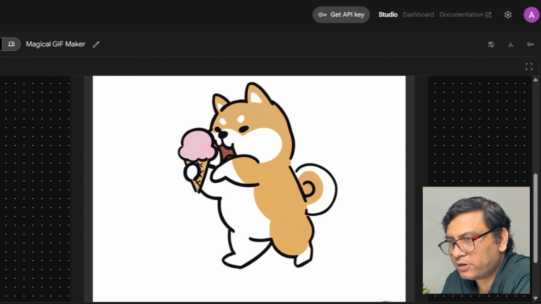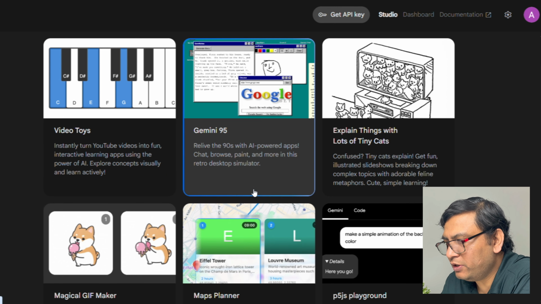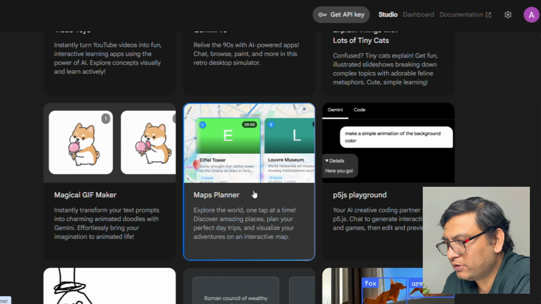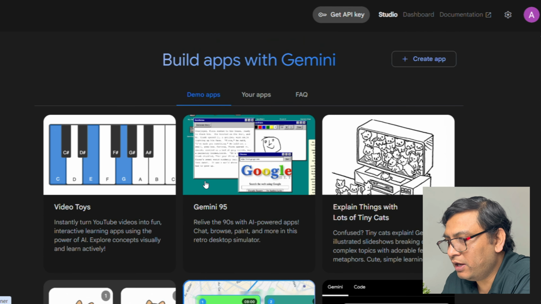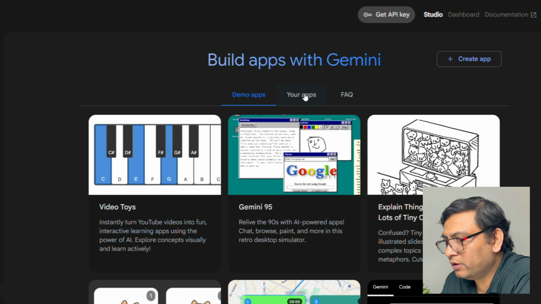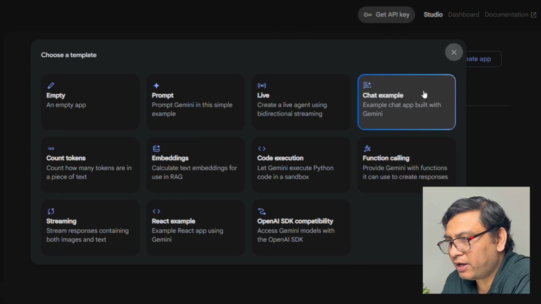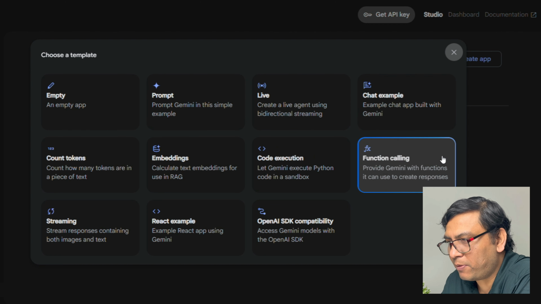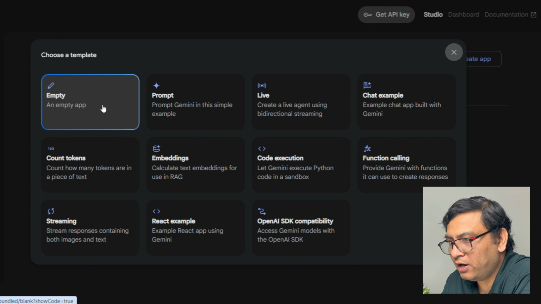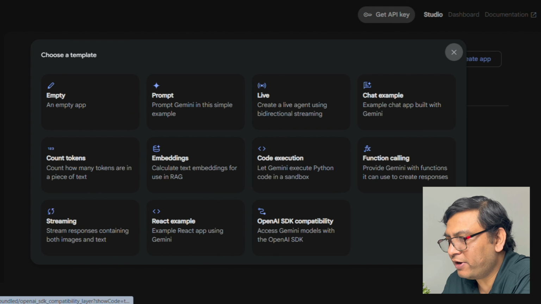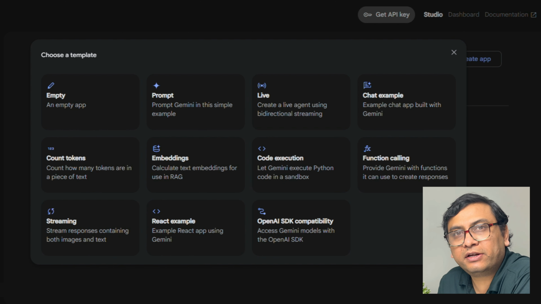Now going back to starter apps. There are many, so you can just play around and try something else. Now your apps, when you create them, will appear here. So basically you can go and create an app and then choose one of the options like prompt or empty, or if you want to do streaming. So there are different options available. I'll be creating a detailed video on how you can create applications and run them. If you're interested to explore more on that,